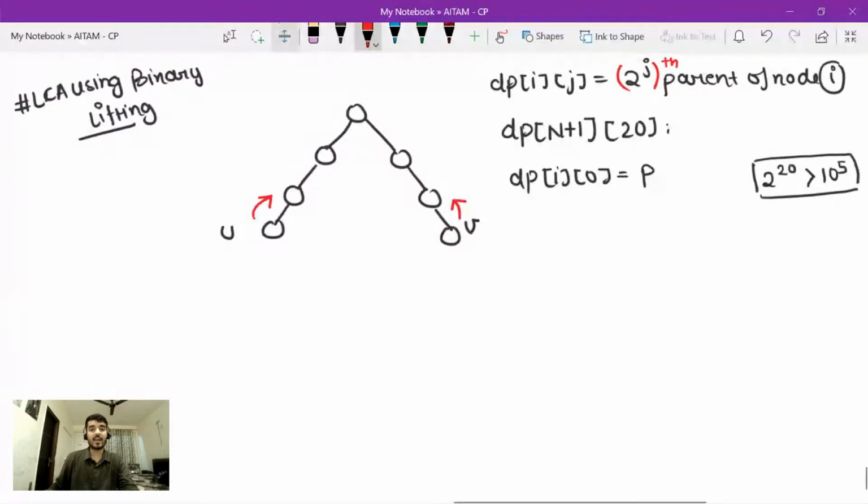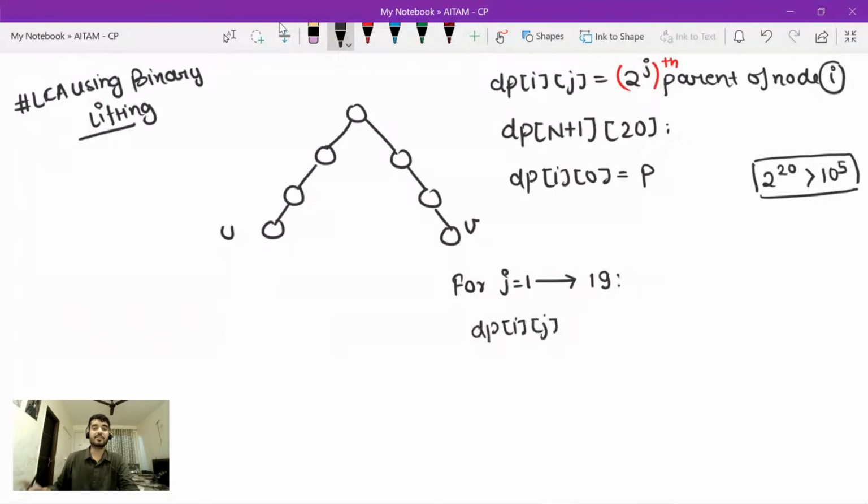And now how will I find the remaining values of j? Just simply iterate from j equals 1 up to 19, or less than 20. Let's consider up to 19. And then dp of I comma j, that is the 2 power jth parent of node I, is simply equal to